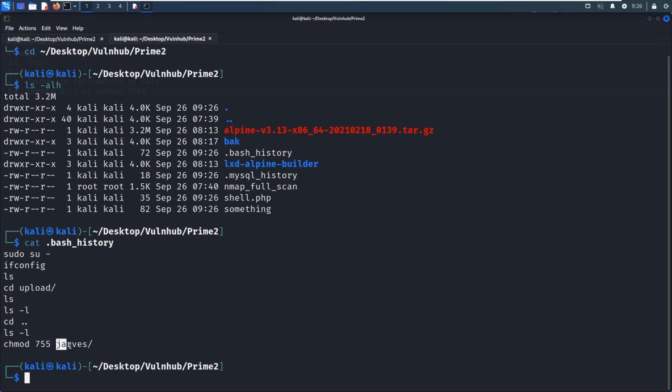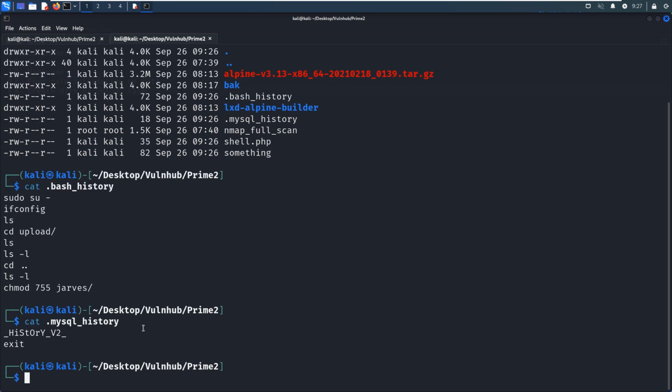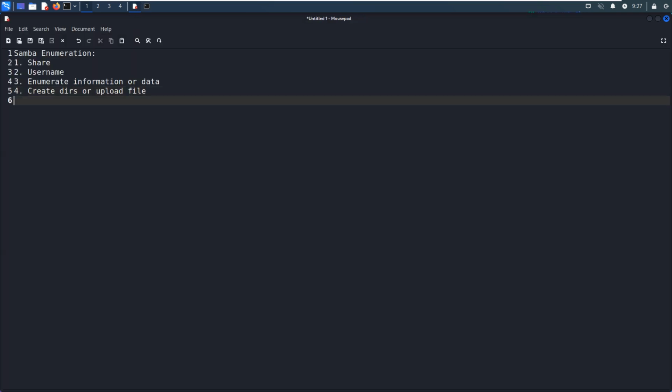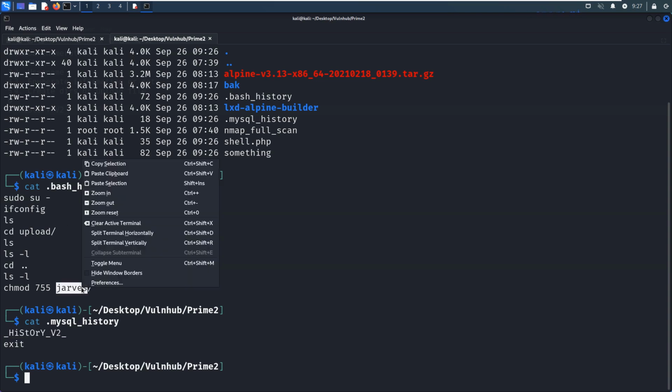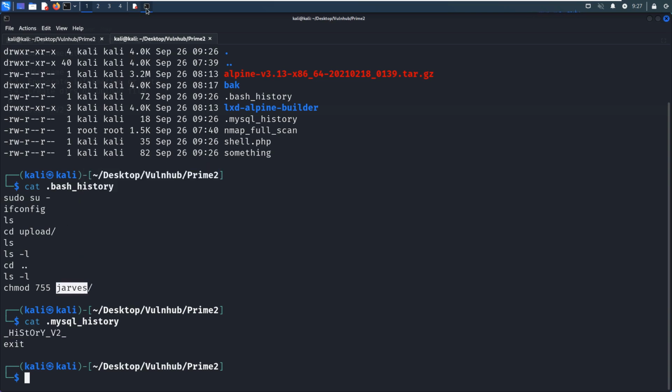So maybe this one is the possible username, right? But maybe it's not. So we can take a look at the MySQL history. And this looks like this is the password, a very weird string we can copy. And this would be the possible username, okay?